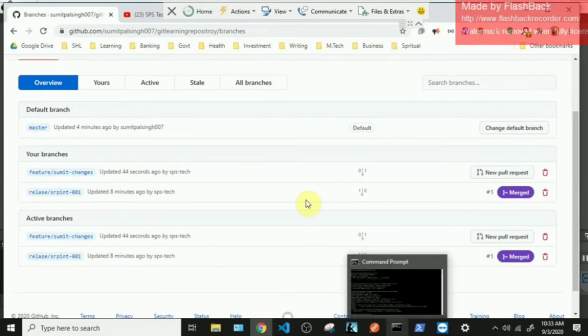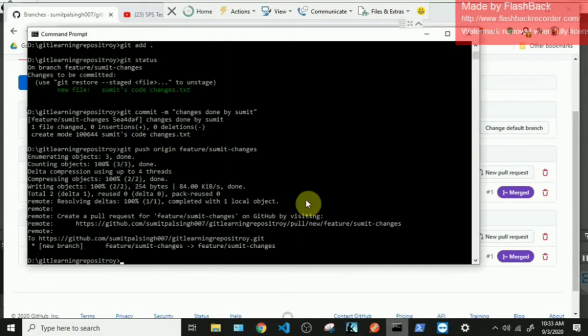So in order to do that, we'll go back to the sprint 2 branch. I think it was sprint-002. Okay, we are at the branch and we'll push this branch so that this branch also gets created.